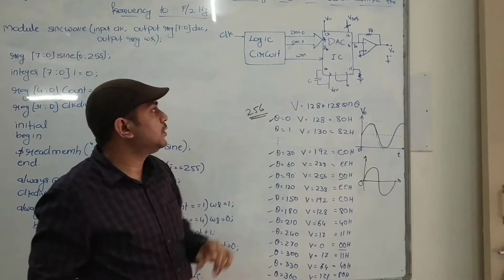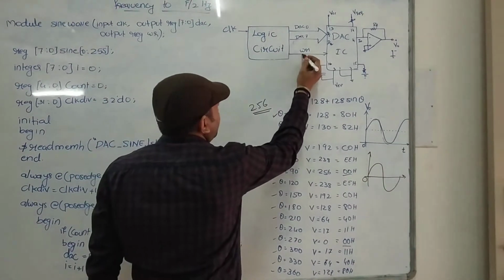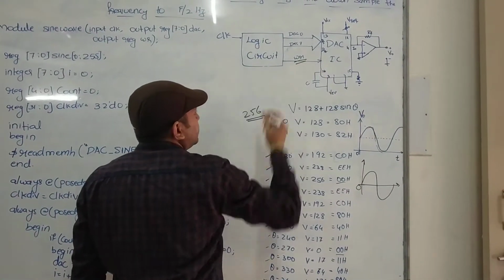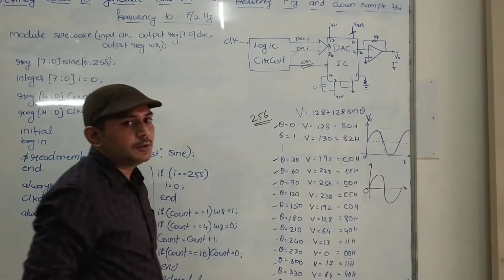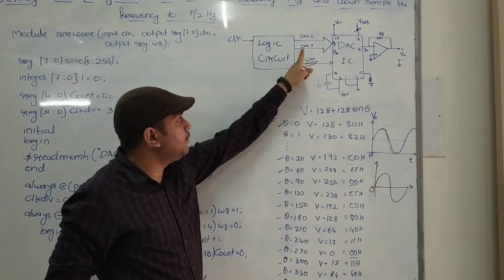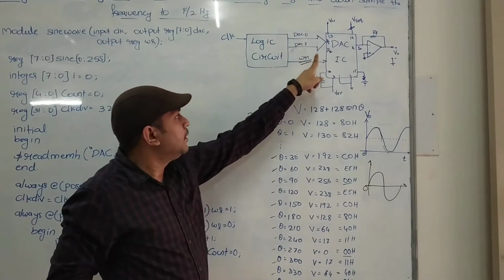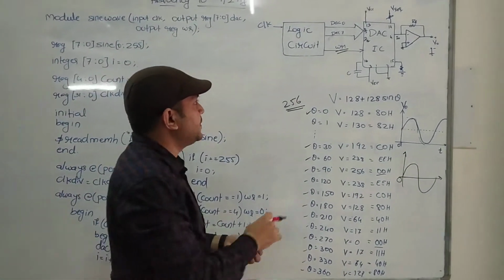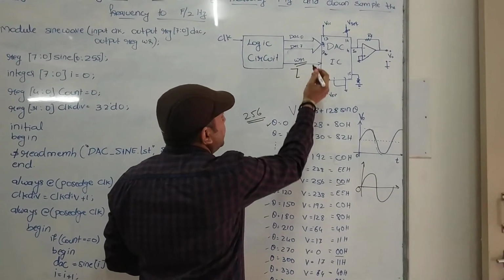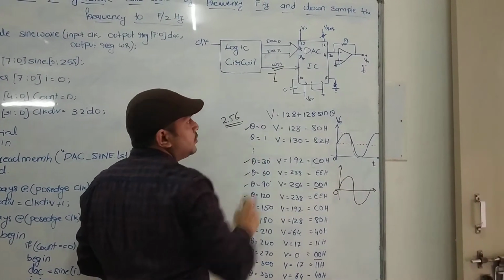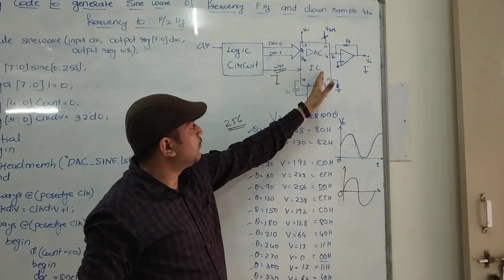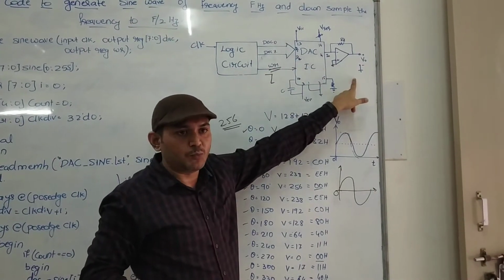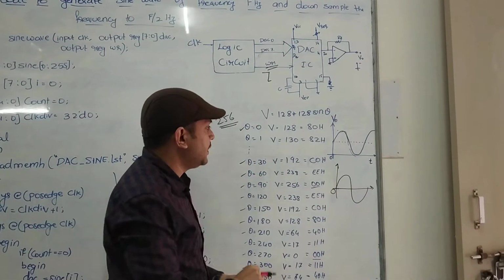And one more thing here, this particular pin, WR bar pin, is also an output from the logic circuit. What happens here is that every time you send the data, a high to low transition has to be made so that this data gets latched onto this IC. Then only it will convert this digital data into analog output.